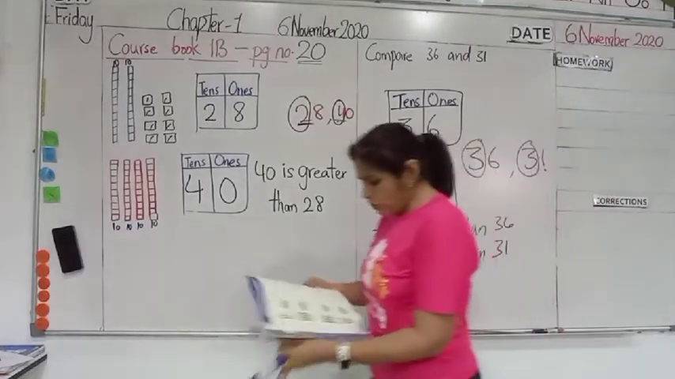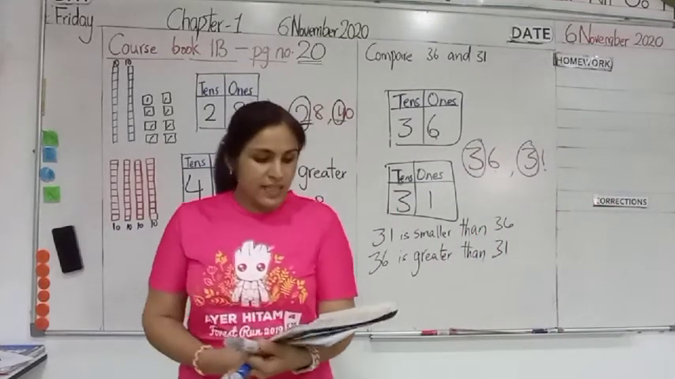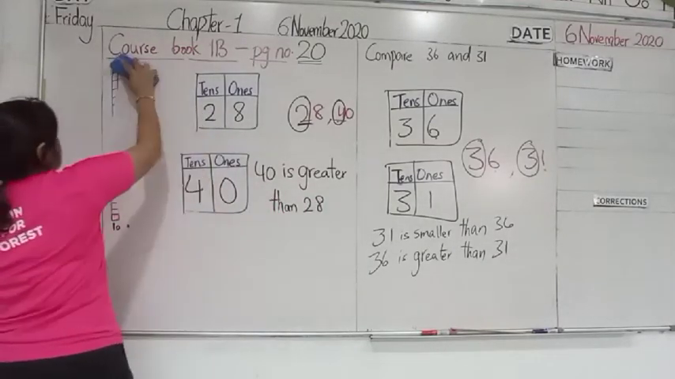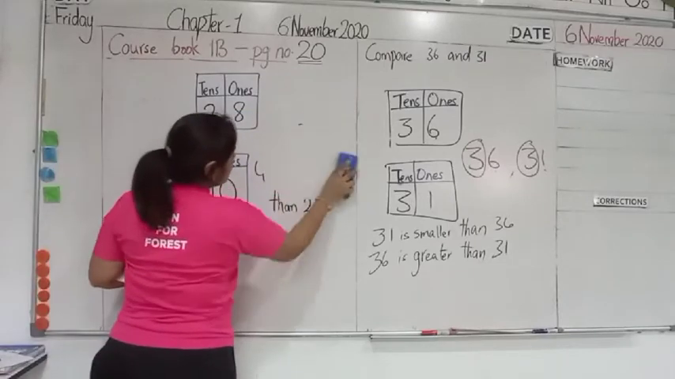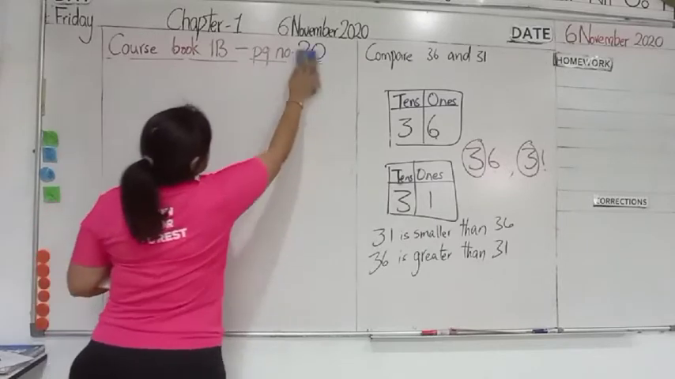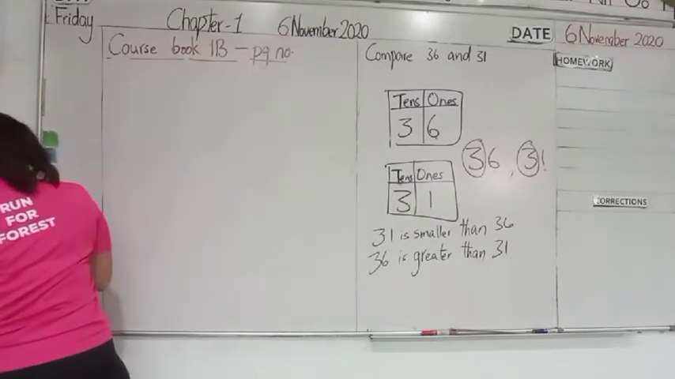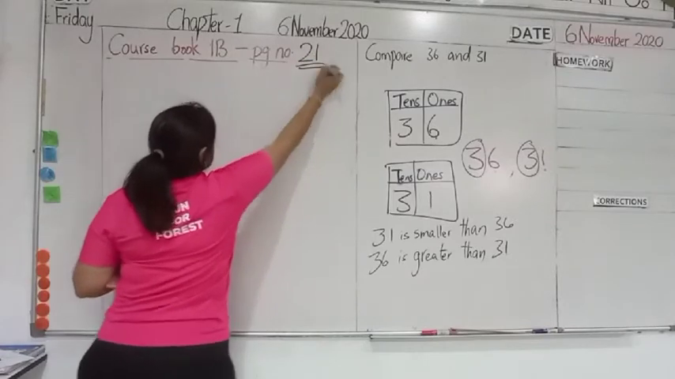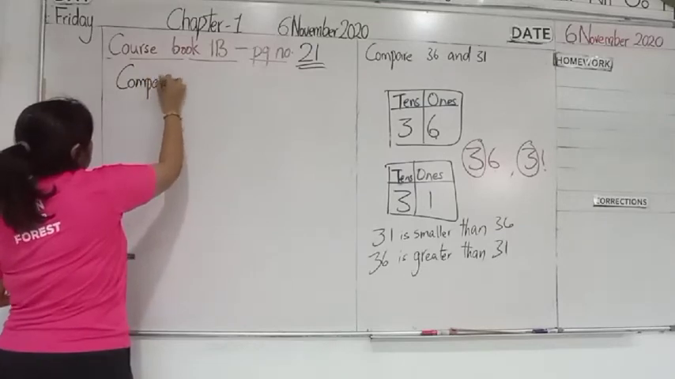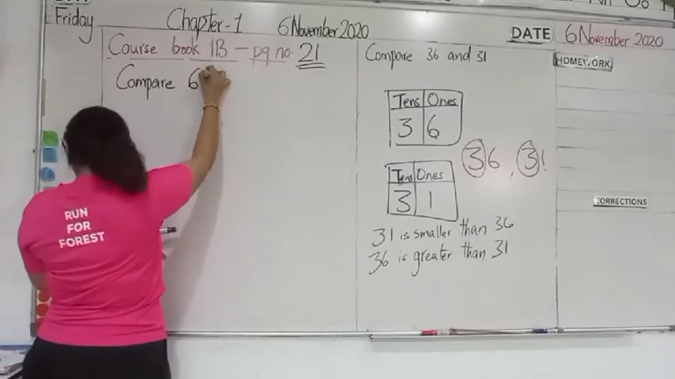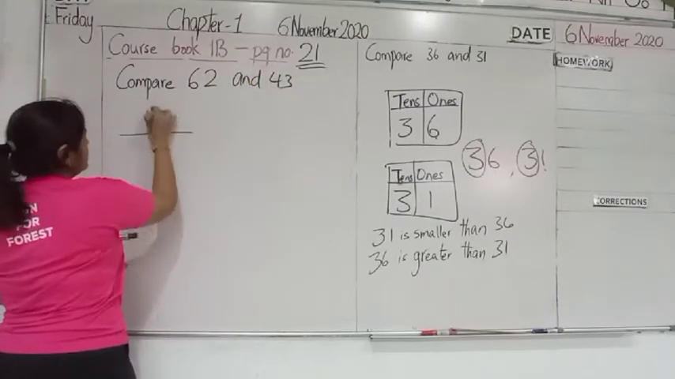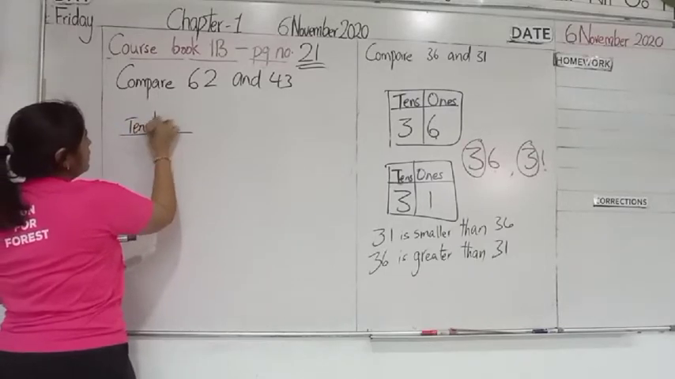Alright. Now go to page number 21. They say let's compare 62 and 43. Now there is a comparison between another two numbers. Look at page number 21. Now they are comparing 62 and 43. So in the tens and ones table,